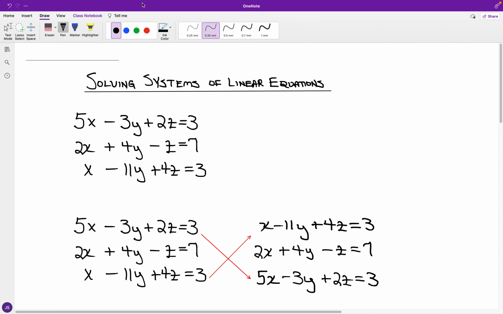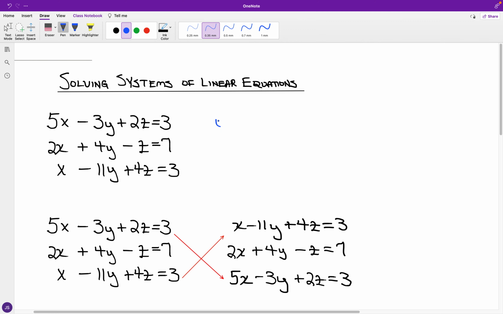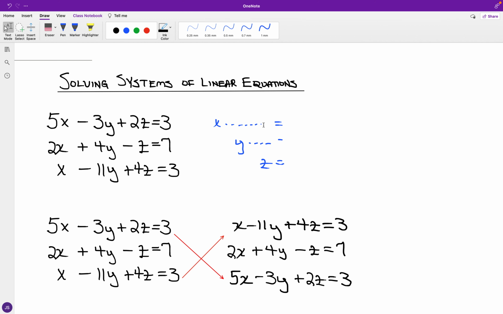The first equation might be in terms of x equal to something, the second equation in terms of y, and the last equation in terms of z, reducing as much as possible. And let's say that for the top equation, I want to get this